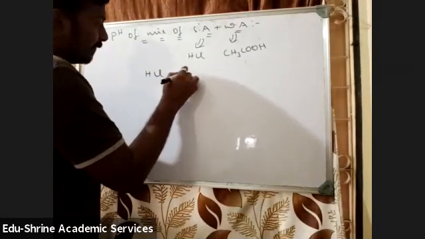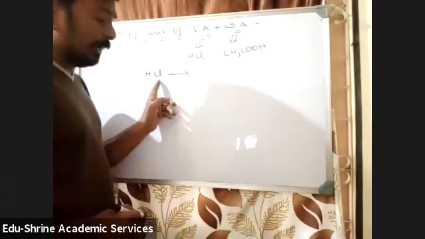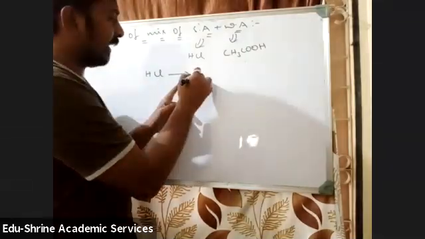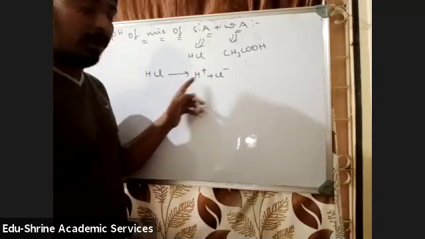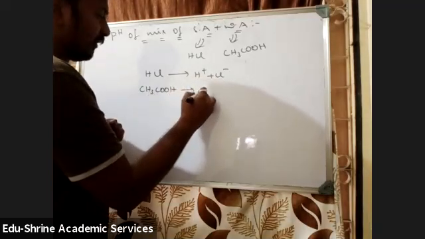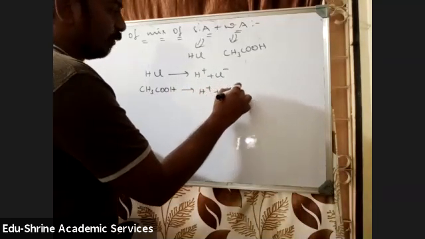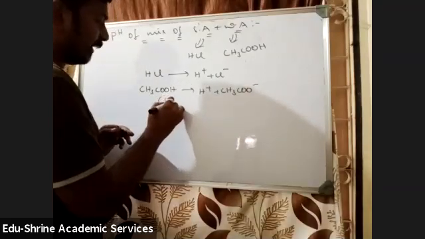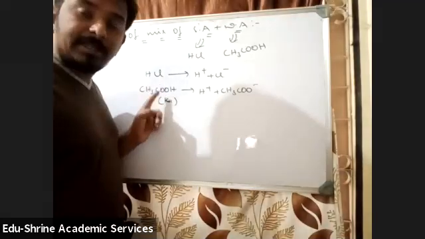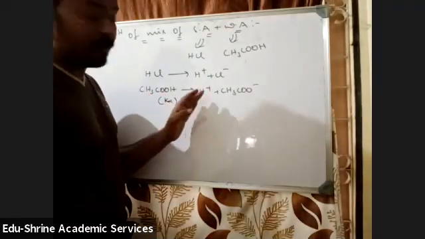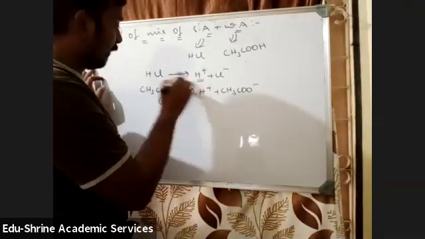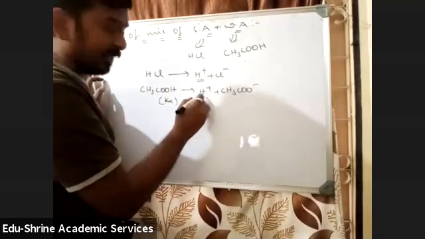See, if I take HCl, as it is a strong acid, it will undergo 100% dissociation, so you won't get any equilibrium here. So you will get H plus plus Cl minus. But if I take a weak acid like CH3COOH, on dissociation you will get H plus and CH3COO minus. For this, the Ka value will be given in the question. So from this you will come to know that it is a mixture of strong acid and weak acid. Now see here, there is a common ion effect operating because you are getting H plus ions from both HCl as well as CH3COOH.